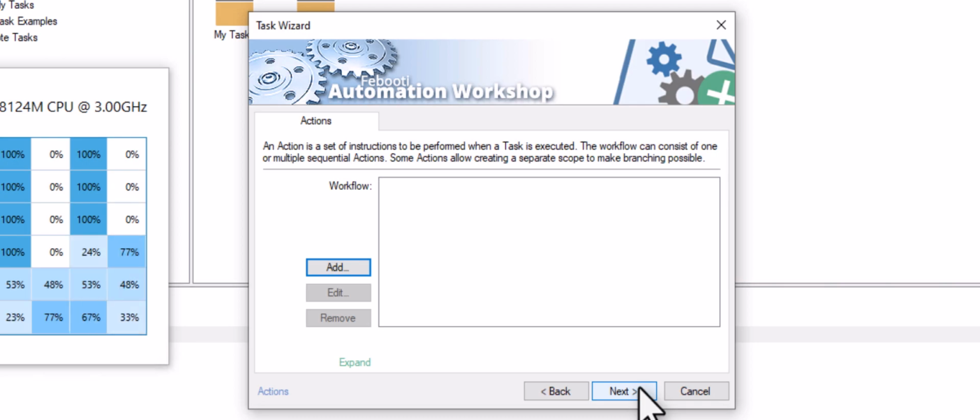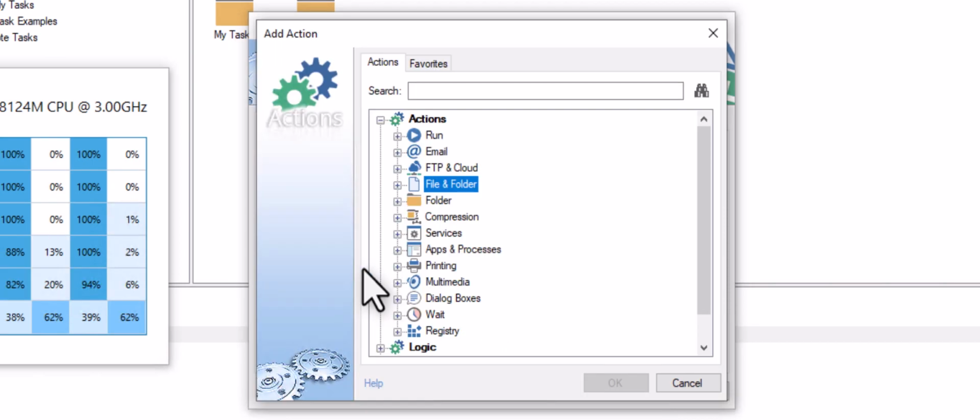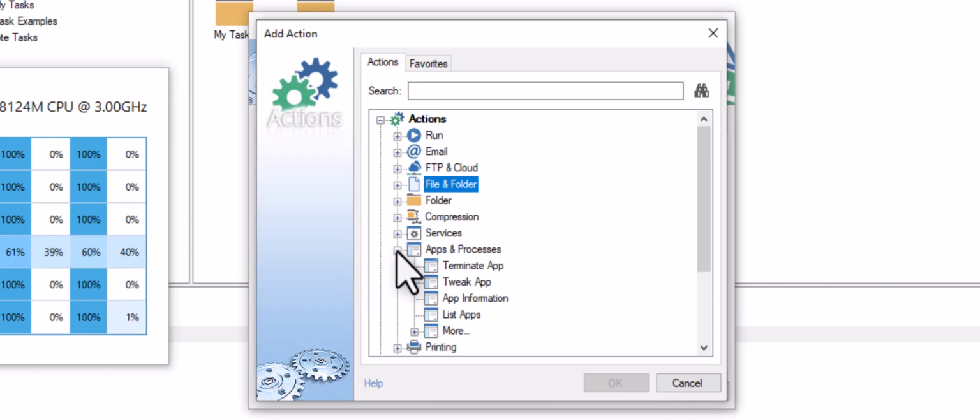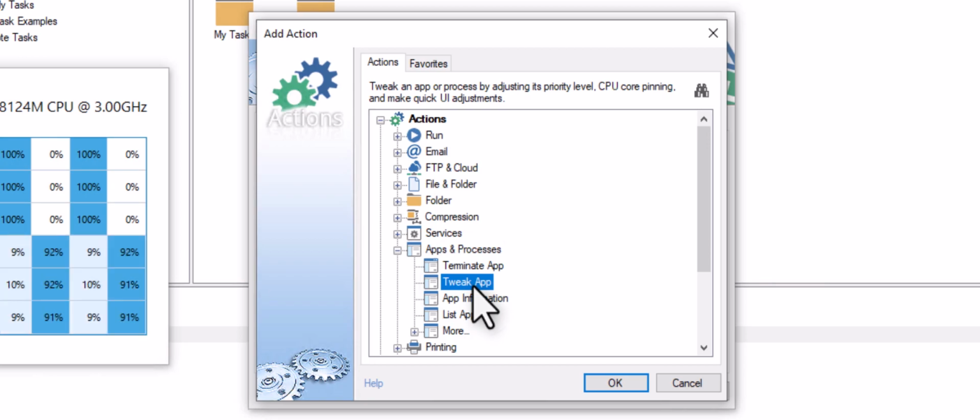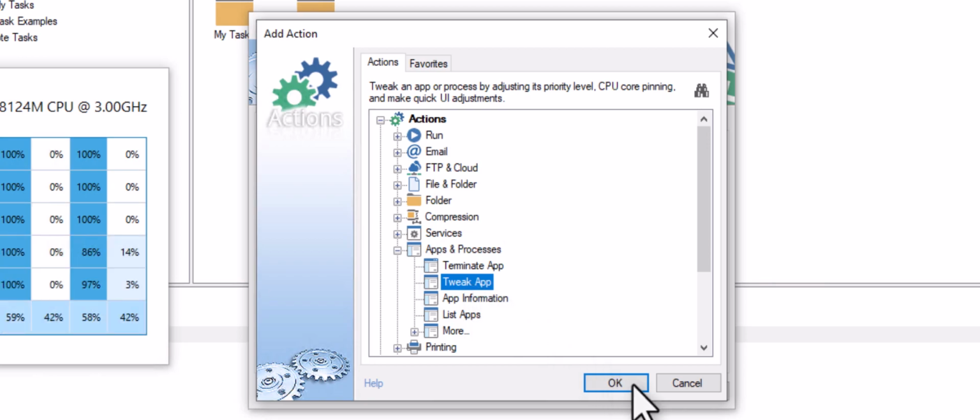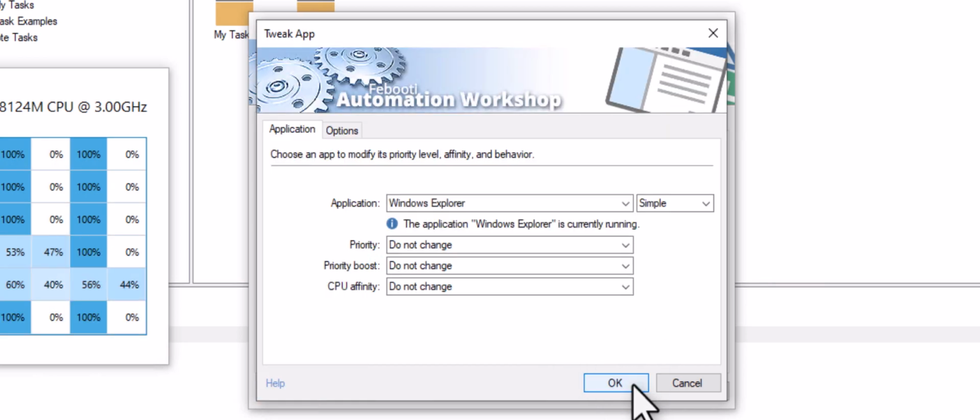Actions are basic building blocks that do the actual work. Click Add. We want to change the settings of a running app, so let's choose the Tweak App action from the Apps and Processes category. Click OK. Select an app you want to tune.